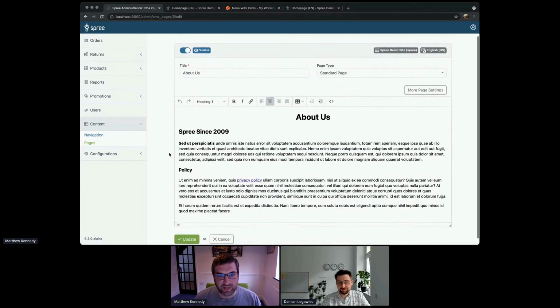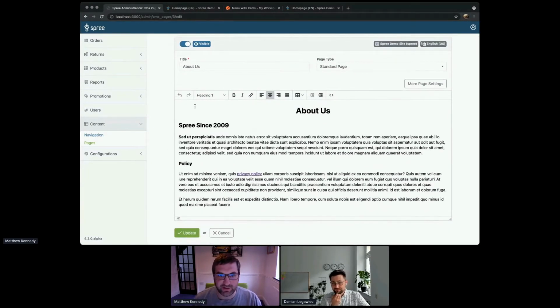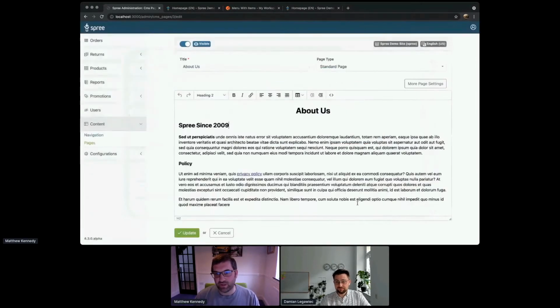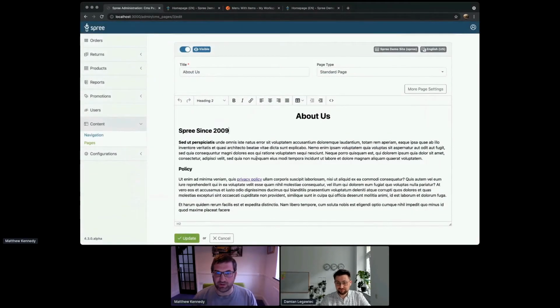When you go to edit a standard page, you have a nice rich text editor that allows you to edit all the HTML attributes and add tables. Also you can get to the code if you need to edit the HTML really easily. So that's a great feature. We'll try to keep this as clean as possible, so you have as few distractions as possible.